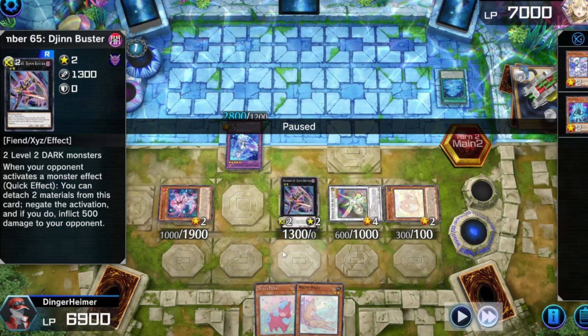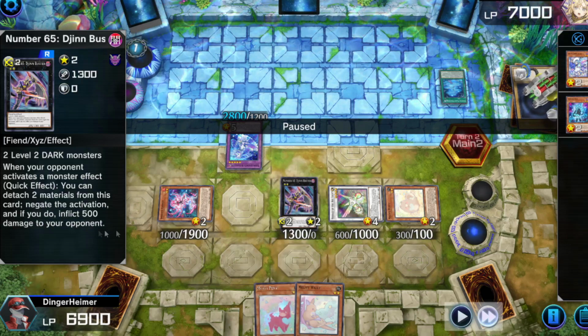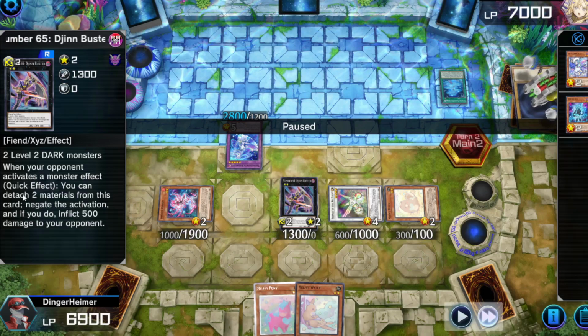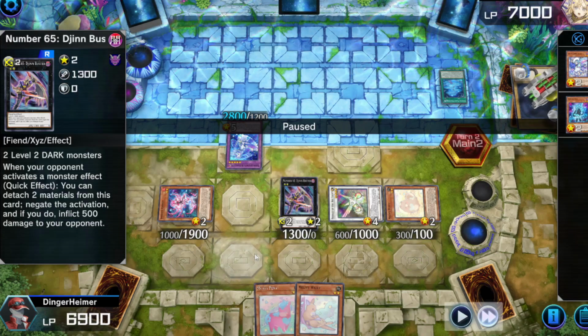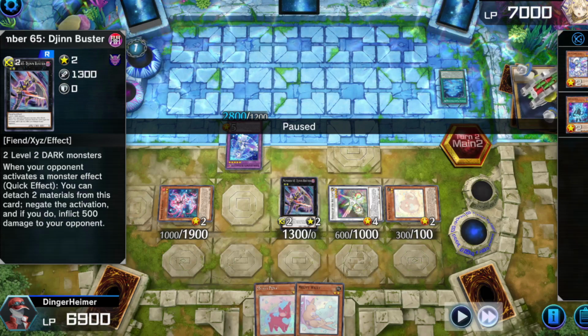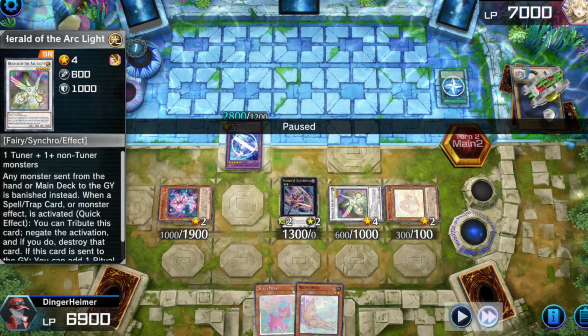And this is what I meant. If they would have taken care of this one, then I wouldn't have had a monster negate, because I could have brought this back, but wouldn't have had the two materials to detach. Bit annoying on their part, so they would have been able to deal with this more. I still have the negate of Herald that I could have used here,